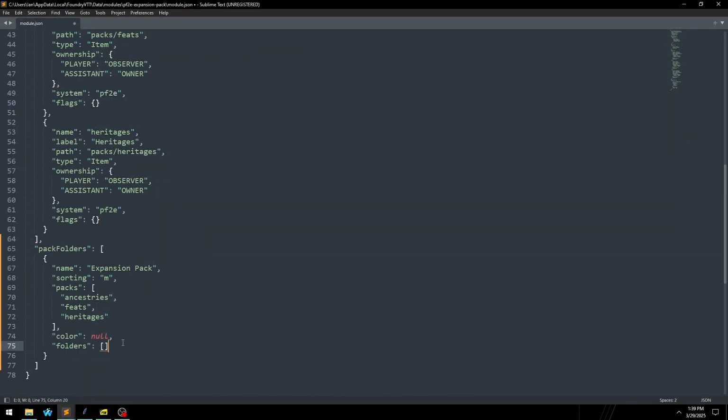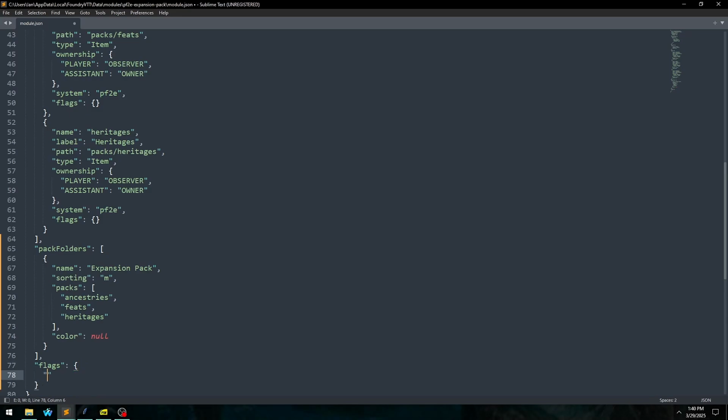But we don't need to add any subfolders to this. Okay. So that's that. And the last thing I want to add here is flags. And so flags is going to be an object, and we are going to